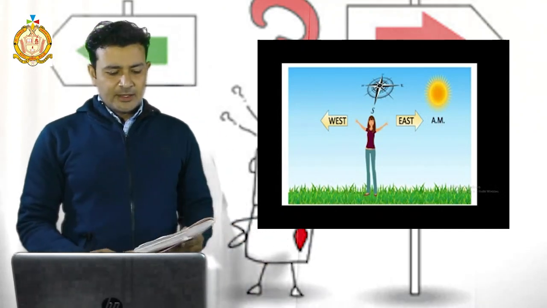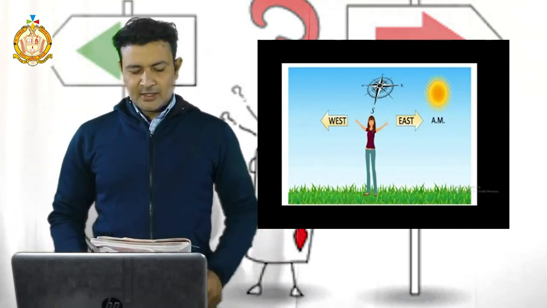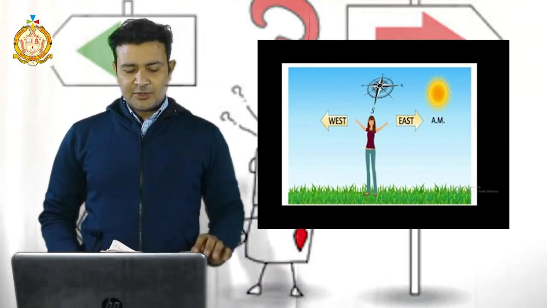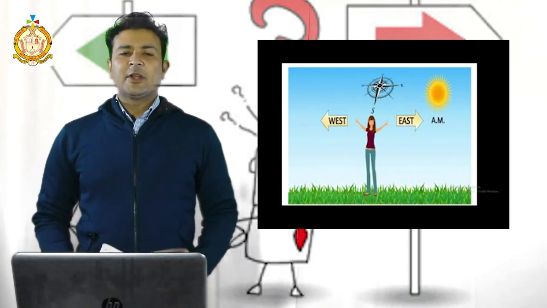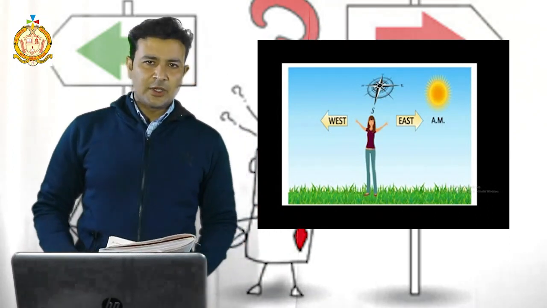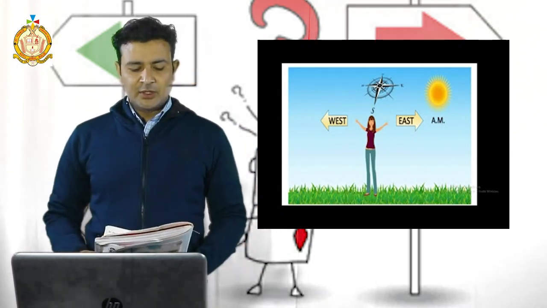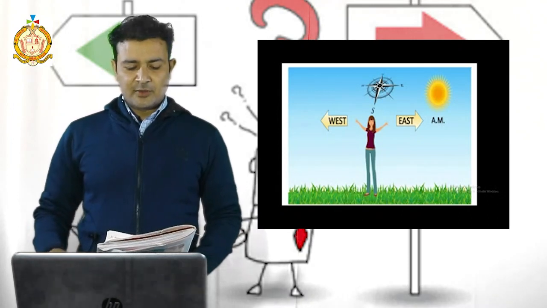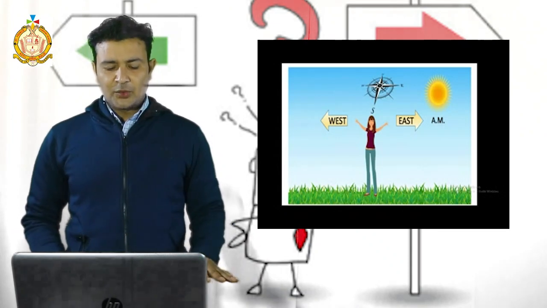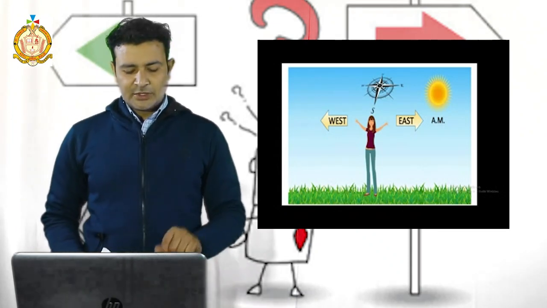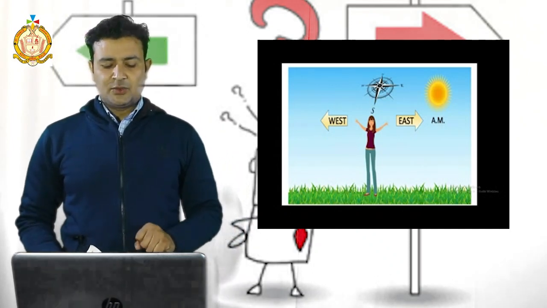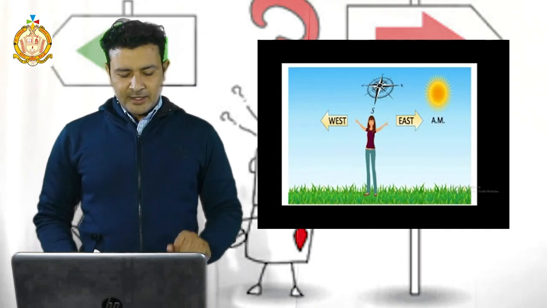The exercise is very easy, page number 135, fill in the blanks. The sun is dash its position from time to time. In the morning we watch the sun in the east side, and in the evening time it goes to the west side. So what process is going on? The sun is dash its position from time to time. There are dash important directions. I told you there are 4 major directions, so you have to see the answer. The sun rises in dash and sets in dash. Dash helps us to find the way. Take the right answers.